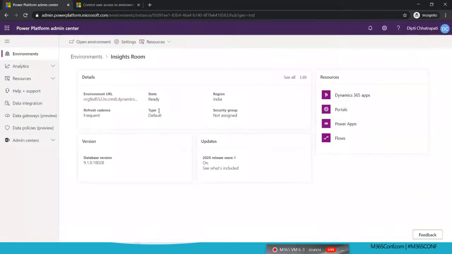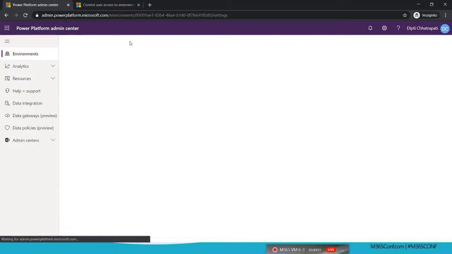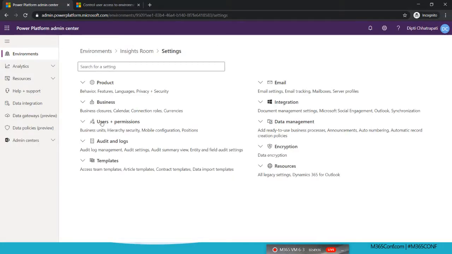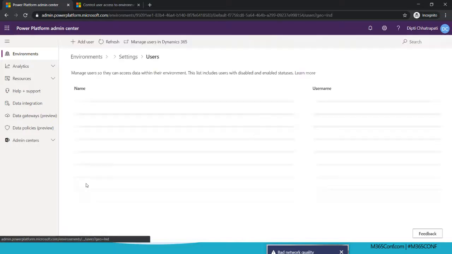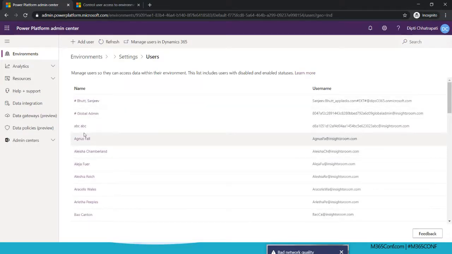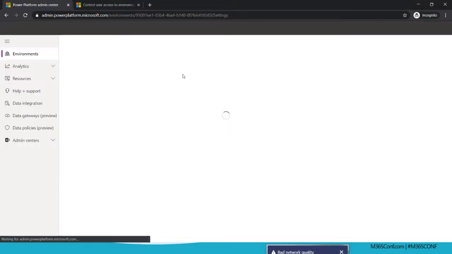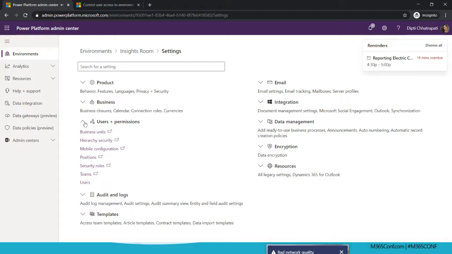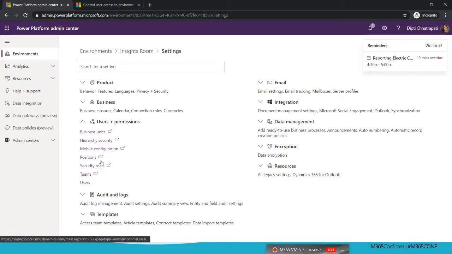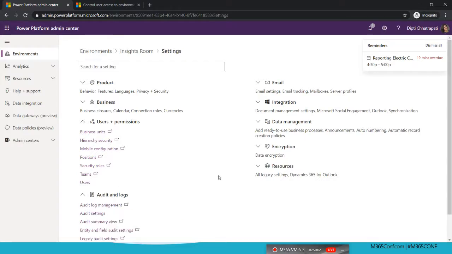or even if you want to go further, because I have this CDS database assigned with this environment, I can just click on settings, which is on the top, and go to the users and permissions, and then click on users. So you will see the list of all users that are assigned with this environment. So let me go back, and apart from this users and permissions, you can see other settings as well. You can also see the security roles, like what are the security roles that are defined for this environment. You can check and see the configuration for the audit and logs, and you can see the product details, and